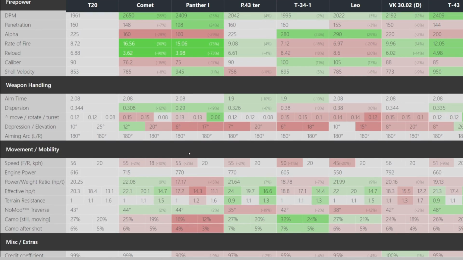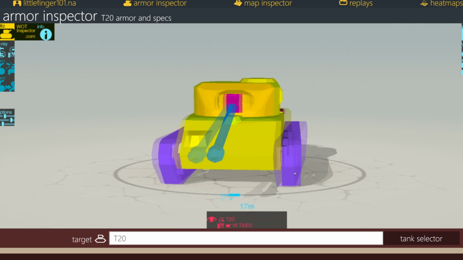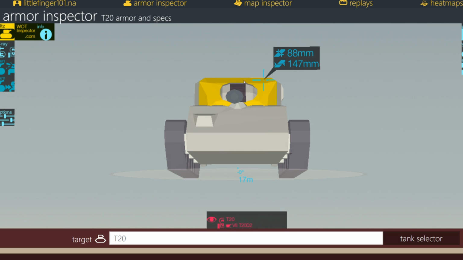So just be wary of that as we get into the gameplay here. Not a lot to talk about on the armor. You might find that you can bounce some shots if you get shot here on the side cheeks and the top of the turret, especially if you can angle that back a little bit, getting that effective armor up here